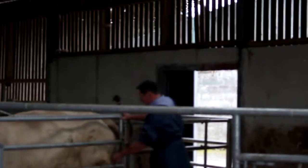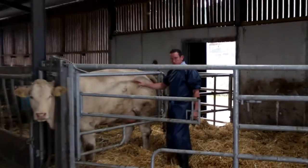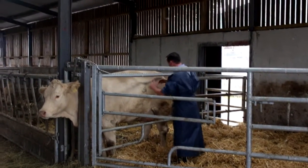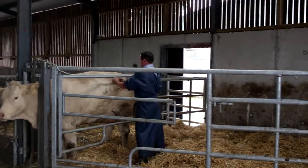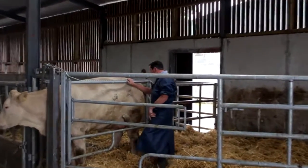Now in the case of a cesarean section, we have this gate here that opens away and leaves the vet with lots of room to open her and take out the calf. The other thing we've done is made the gate a little bit higher than all the other gates in the shed, so there's room to lift the calf up and out while keeping this gate in position. It's important to keep the gate in position